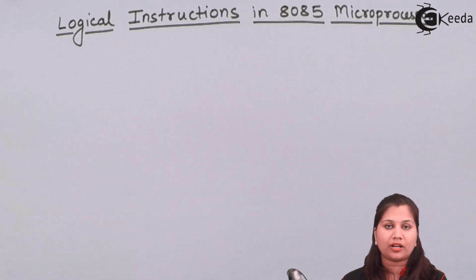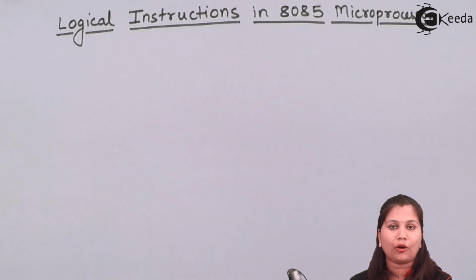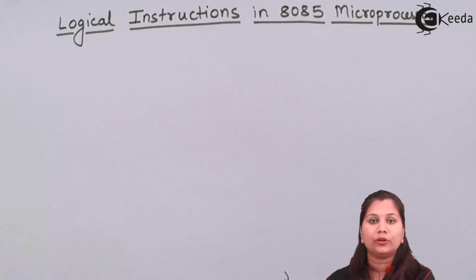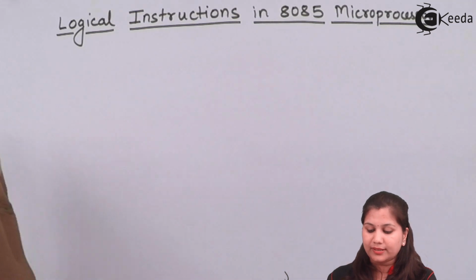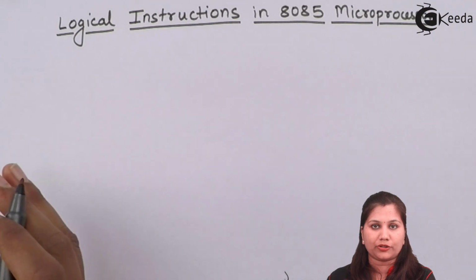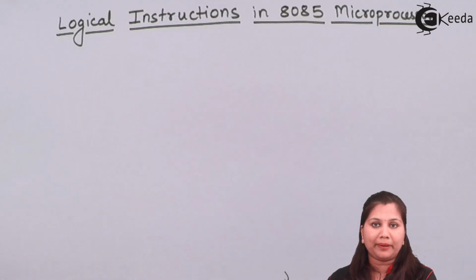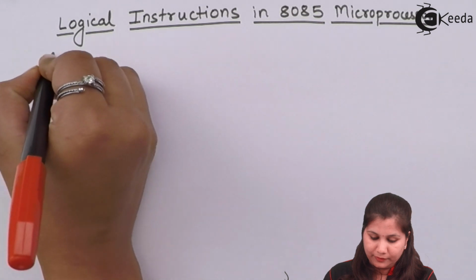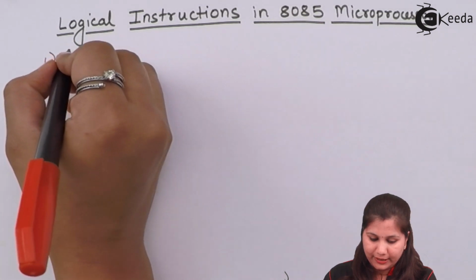The logical instructions perform the logical operations like logical AND, logical OR, logical exclusive OR, NOT, compare, complement, rotate. All these operations are performed by these instructions. So let us study one by one all the instructions which are available in the 8085 microprocessor. First instruction is the